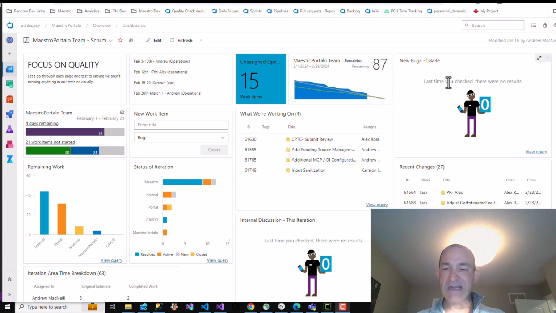New bugs. Anytime anybody creates a brand new bug, this shows us new bugs that were created in the past 24 hours. This is important because all of a sudden, if new things get created, we want to be on top of them. Coming down a little bit further, here's how many days are remaining, how many work items have